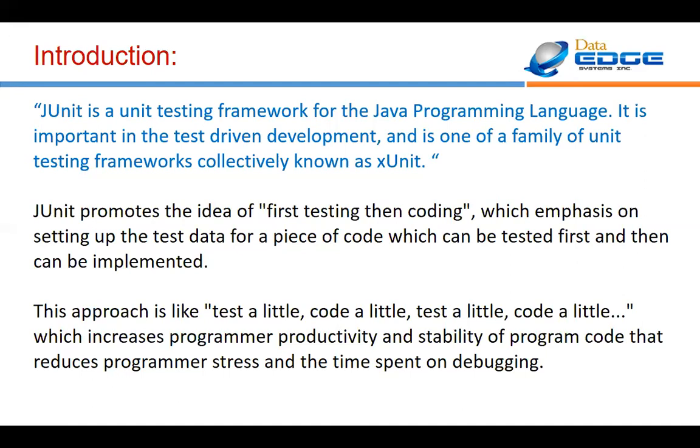And as you can see, it is a part of the XUnit team. JUnit simply gives you the slogan: first test, then proceed to the next level. If you are getting trouble in the first unit only, and without testing you move further, it will be very difficult for you. So this JUnit is not especially for the testers only, it is for the developers also. The people who develop the code will also check whether the code they have done up to that point is working fine or not. If it is working, they will proceed further. So this is known as JUnit.